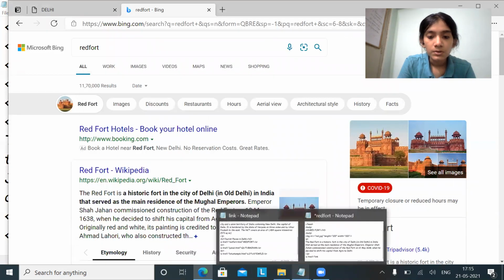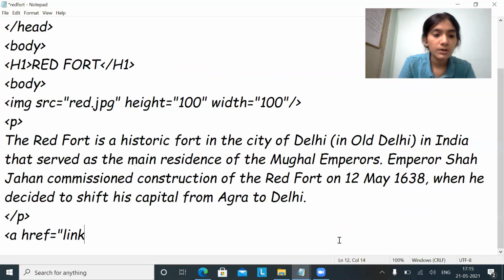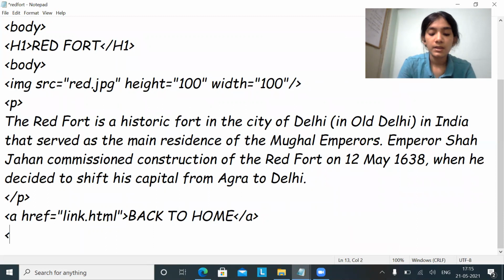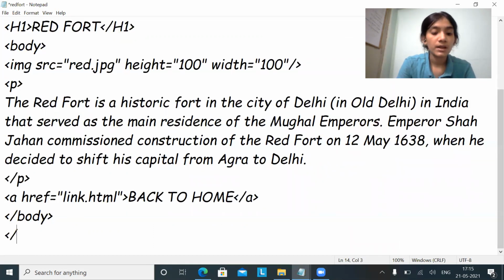So go back, link.html. So the text which I'll specify is back to home, otherwise it would be easier. Close the a tag. Then close whatever you have opened, close body, and close HTML. Save it. Okay.